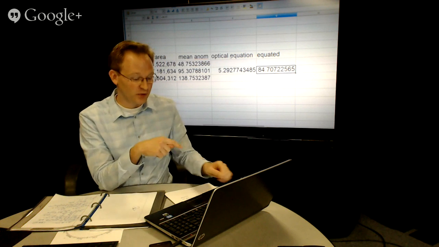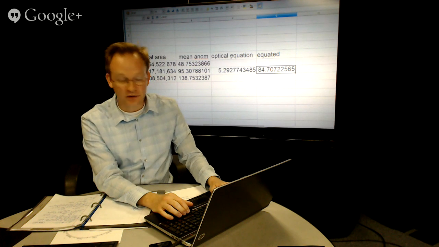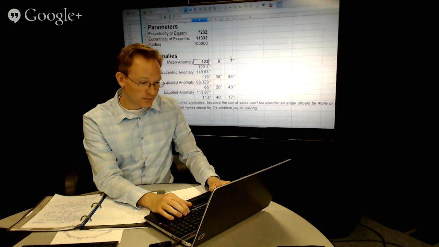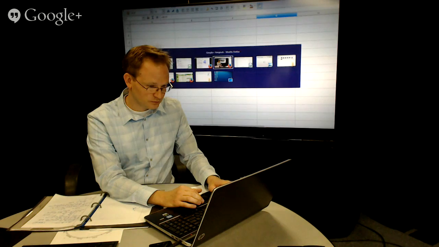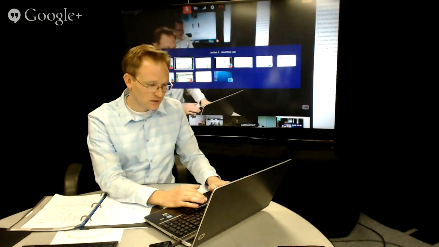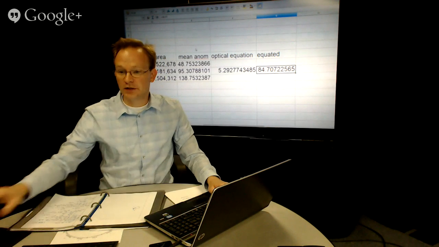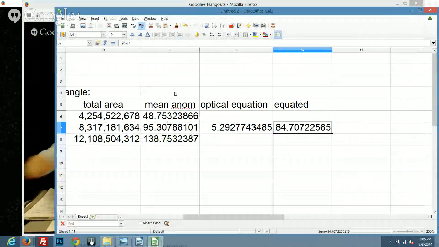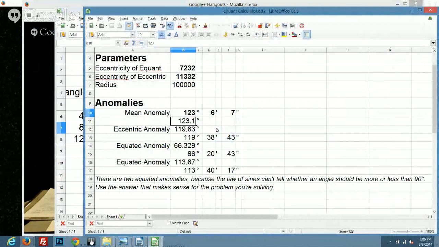I've got another spreadsheet here, which I shared. I'll add this to the homework document so you can play with it also. Let's switch the view. If you're looking at the close-up there, it shows what it's like to plug it in. So we had a mean anomaly of 85.307. If I plug that in here, 85.307,